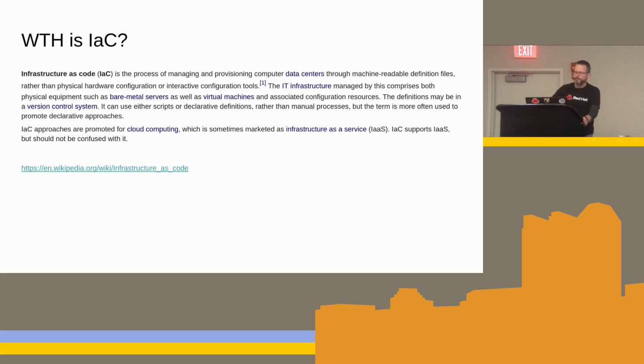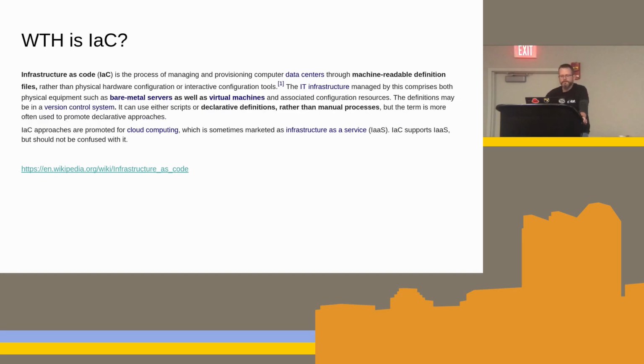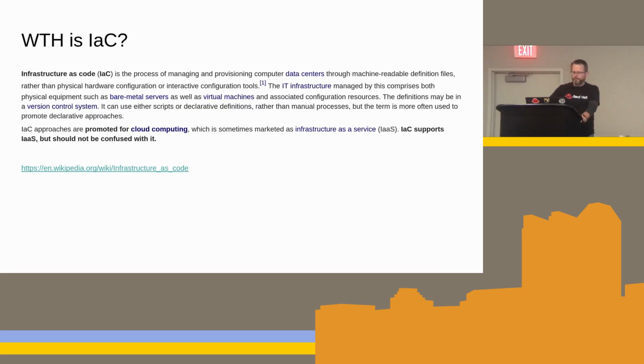IAC is infrastructure as code. It means that we are defining our infrastructure with templates, with facts about our machines, rather than having a manual process. We are going to install an OS on a machine, and the only thing we know about this machine is its MAC address. We're never going to walk up to that machine and pop in a USB drive and install it manually or even use Kickstart or anything like that. So this is primarily for cloud computing,